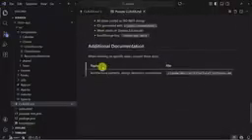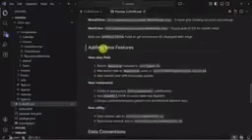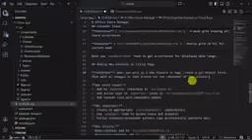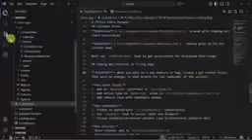Just to show this in action, we're going to make a small change to the adding new features section. I'll change this to adding new features or fixing bugs. And then I'll add a disclaimer that it's important when you work on a new feature or bug to create a Git branch first. Let's commit this change,